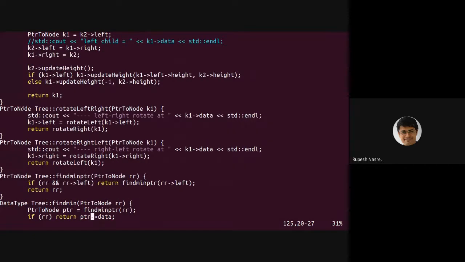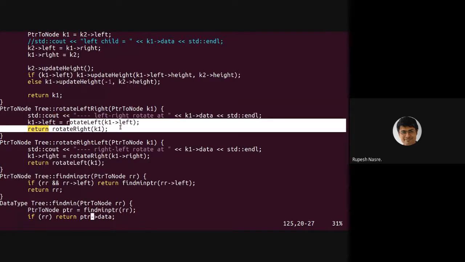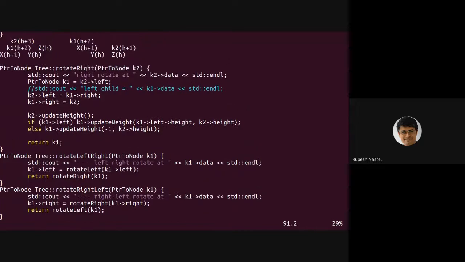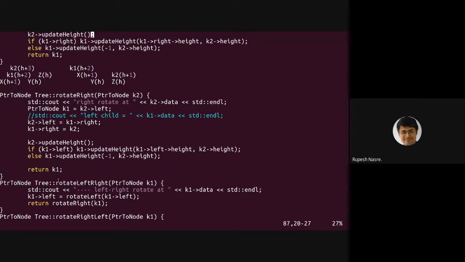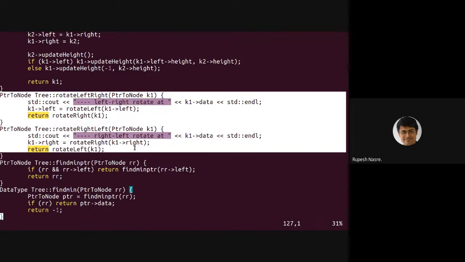If we have to do rotate left right, actually that is a concatenation of 2 rotations. One you perform a left and one you perform the right. This requires us to find out if there is imbalance at, so the imbalance is going to be at one node only. That still we can prove, right? Imbalance is going to be at one node. It is not going to result in further imbalance. That is the important part with respect to AVL updates, AVL rotations. That we have not really proved, but I gave some small argument at least in the rotate right case. So in case of right left and left right cases, it's a concatenation of 2 primitives.